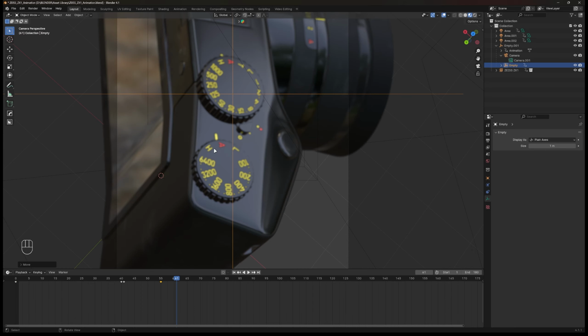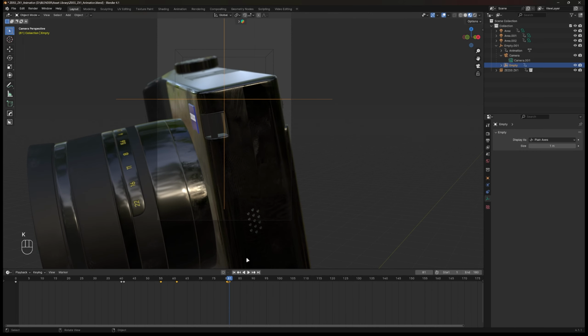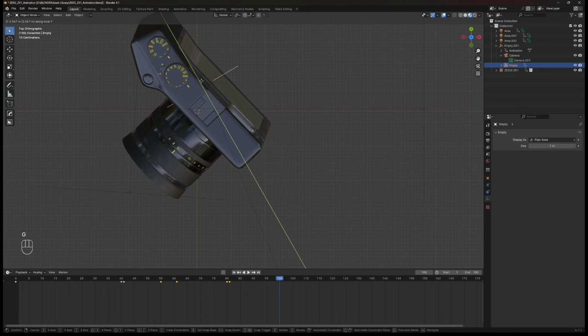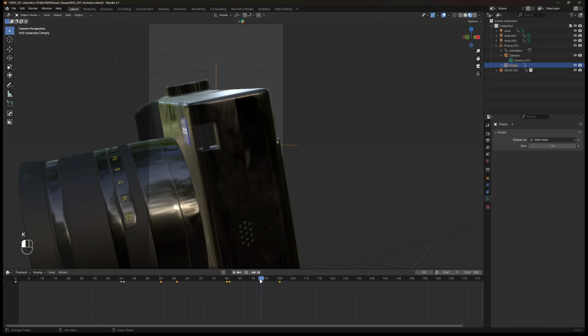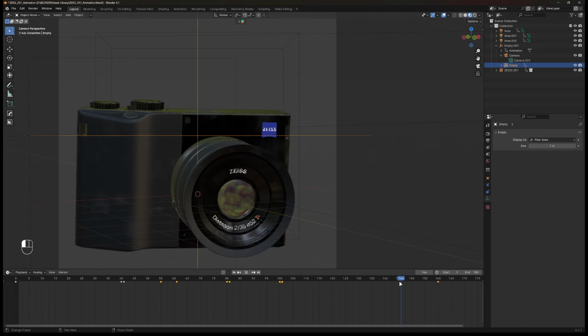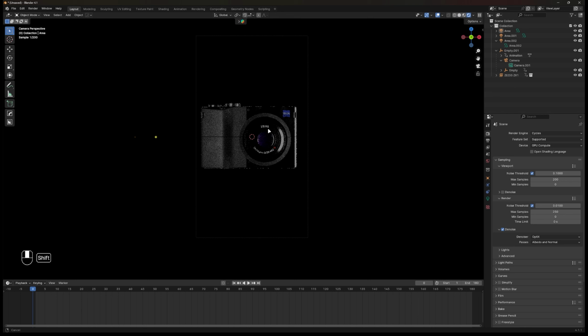Then from frame 61 to frame 80, I put in a small blurriness, then focus on the dial. Again, frame 81 to frame 100 is the same method as before. And for the last cut, I'm just placing a small focus on the asset, just a small touch of axis movement. Now comes the trickiest part, which is animating the light.